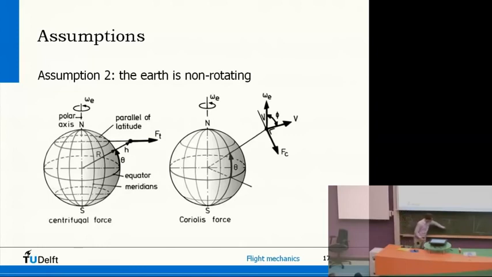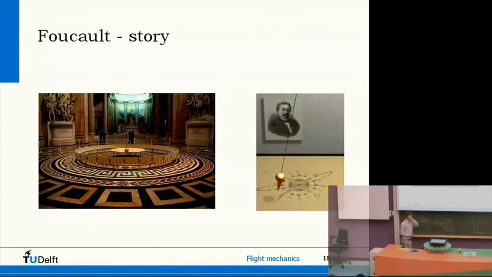If you're in the center and this thing is rotating and you'd walk outside, then you'd feel that the speed is increasing and you'd feel force. So these forces are present if you consider the rotation of the Earth. So that is a relevant thing, and it's actually something you can measure. So I have an example here.